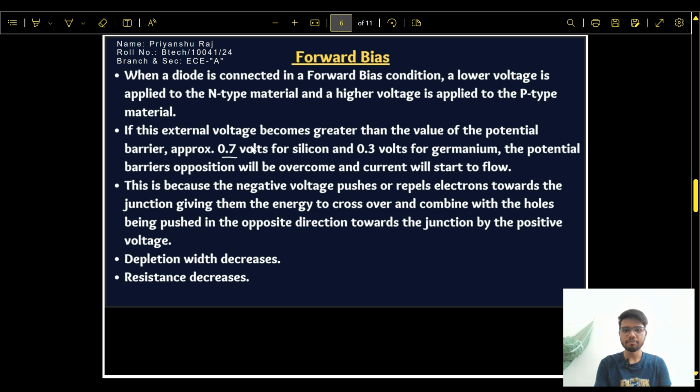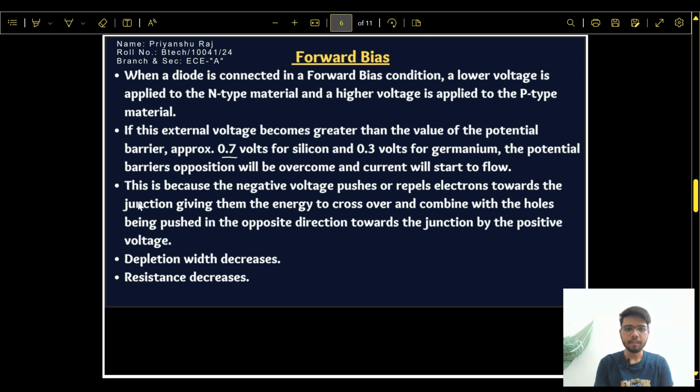If this external voltage becomes greater than the value of the potential barrier, approximately 0.7 volts for silicon and 0.3 volts for germanium, the potential barrier opposition will be overcome and current will start